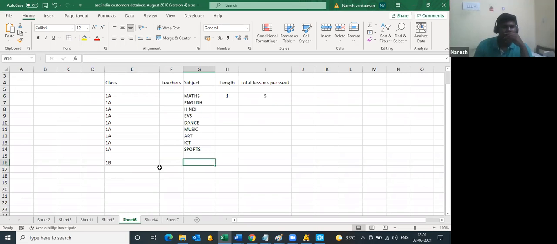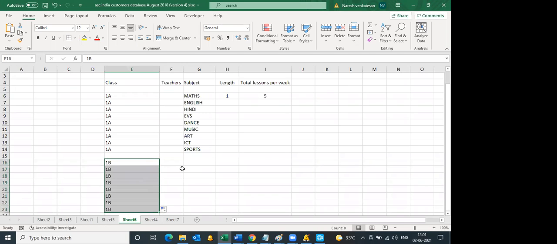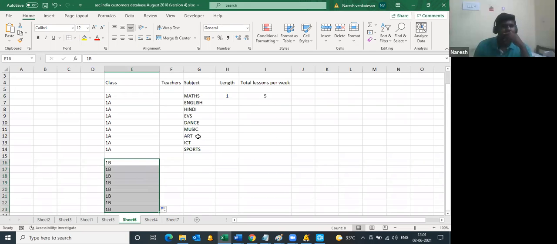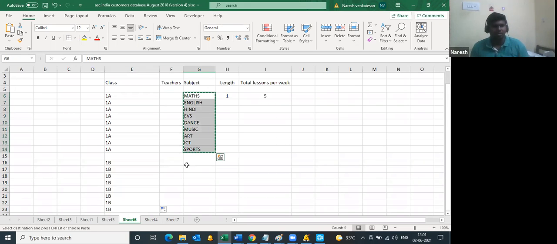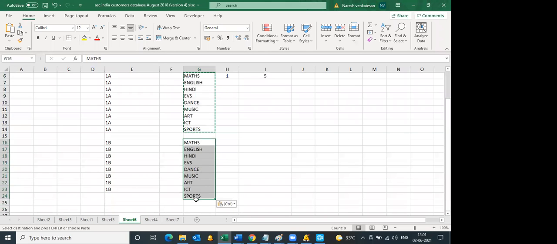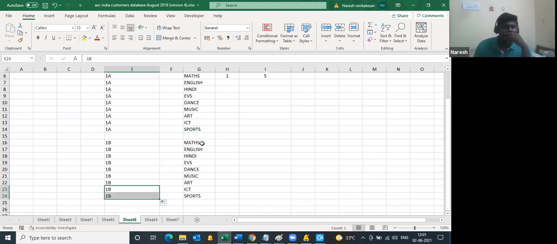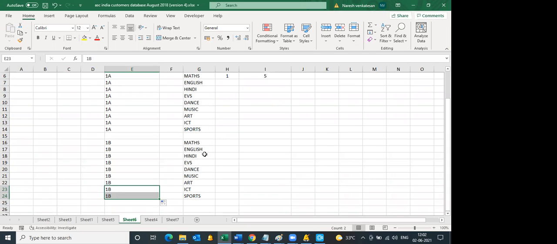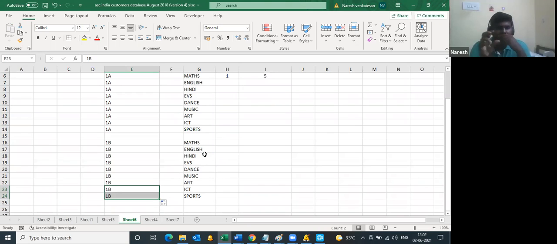And you follow this same thing. You just copy it for other particular cells. And if you have a similar pattern, you can follow that also for the same set of classes. It will be very easy, madam. Within a few minutes you can finish your data. Only thing is you need to mark the relevant teachers with respect to the relevant subject and class.